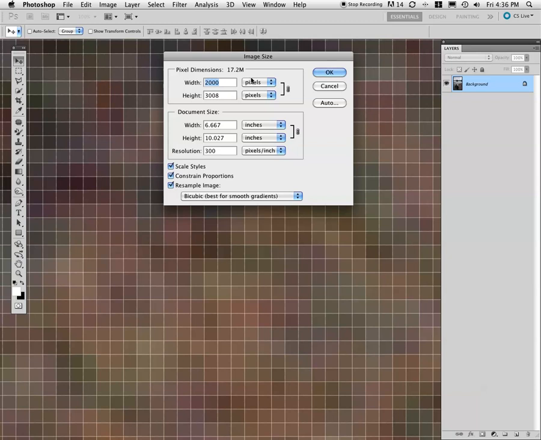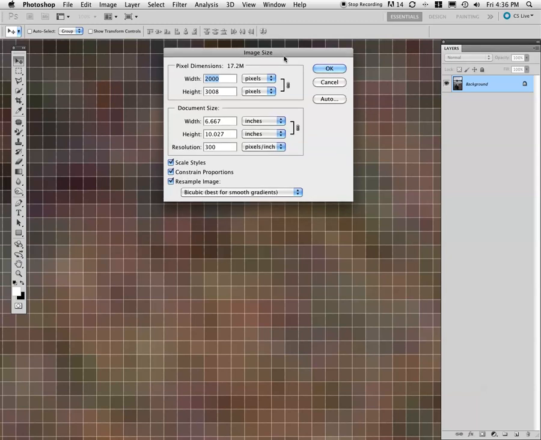Of course, I do recommend that you have your camera on the highest quality setting, and generally speaking, it would be the large and the fine or the superfine mode. However, if you're going to be doing a lot of work in Photoshop, this could be a little bit too taxing for the computer. So it's good to keep this number around 10 megabytes, but try to keep this number